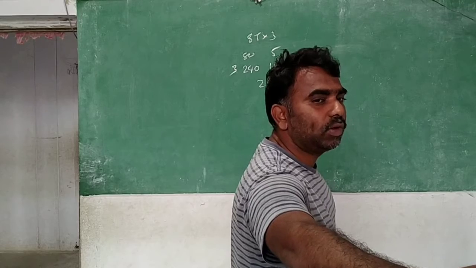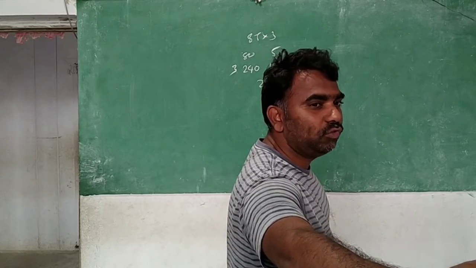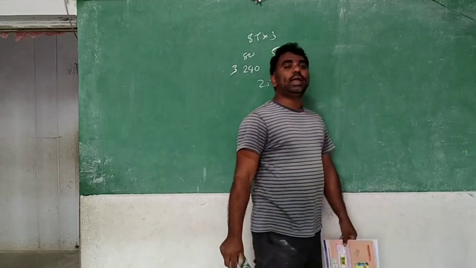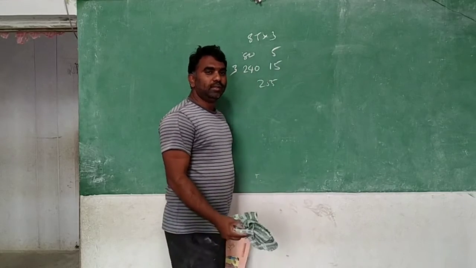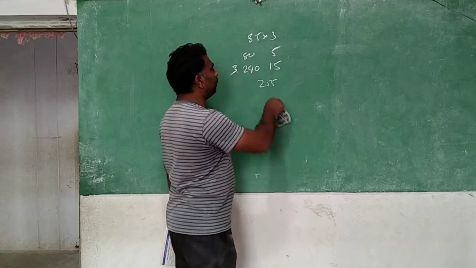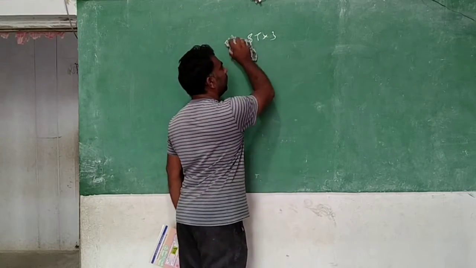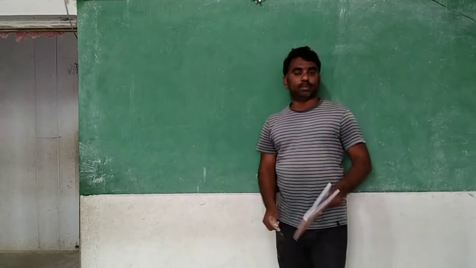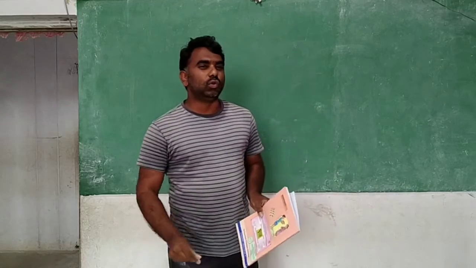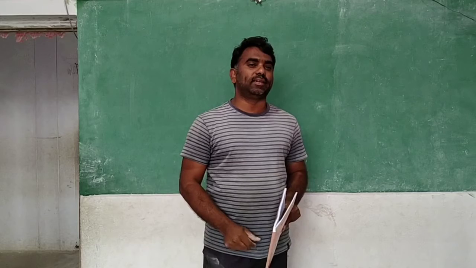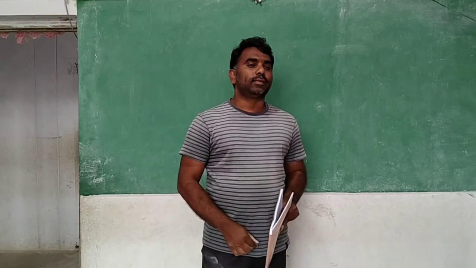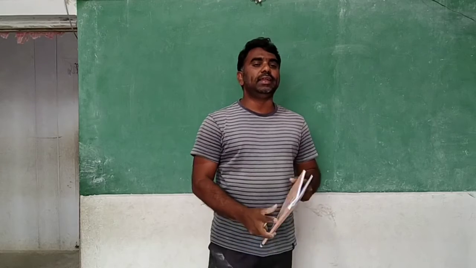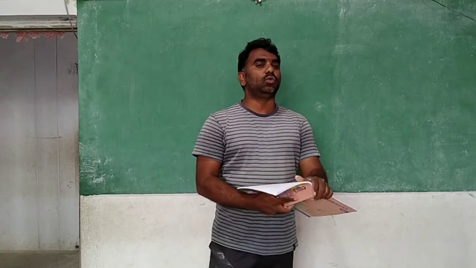By using this method you will be able to say up to 99 tables, which means you can multiply all the two-digit numbers very easily. This is the process I already explained yesterday. I said to write any one table: any 75 table, 75 1s are 75, 75 2s are, like that. 83 table, 83 1s are 83, 83 2s are, like that.